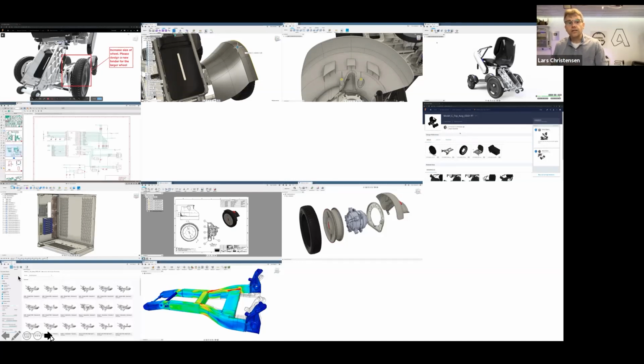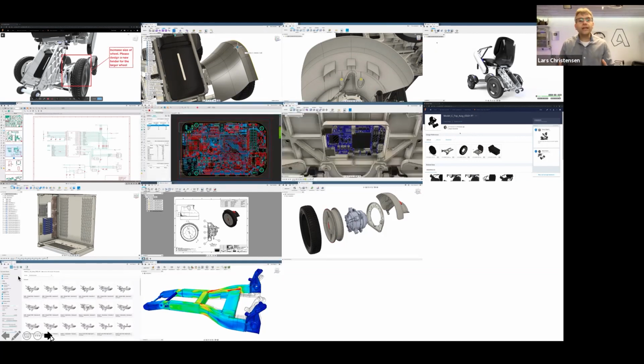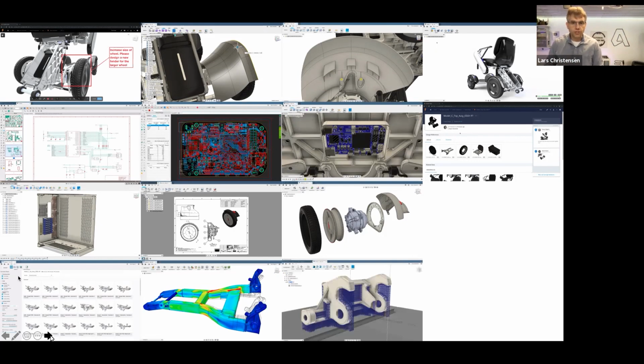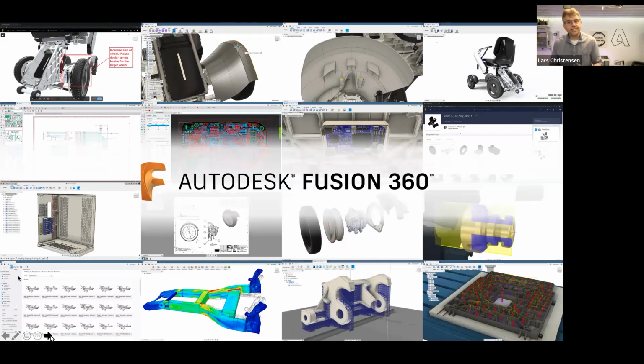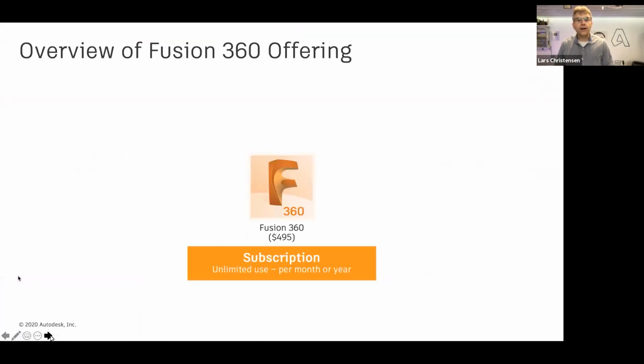We've added ECAD, so there are schematics, there are libraries, and you can bring those PCB boards into your Fusion design environment. And just like anything else inside of Fusion, when you update something in one place, it updates all the way through to the other places. And then, of course, there's the manufacture workspace. We have additive for 3D printing, and subtractive for milling and turning. This is Fusion 360 as we have it today. It's not just CAD, it's not just documentation or rendering or manufacture, it's all these things as one package or one platform. And that is what, in the rest of this presentation, I'm going to call the